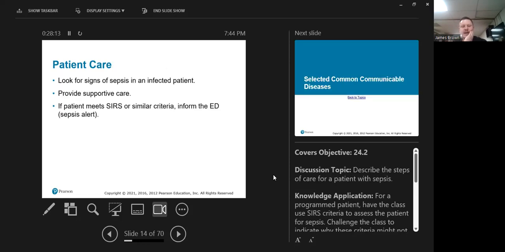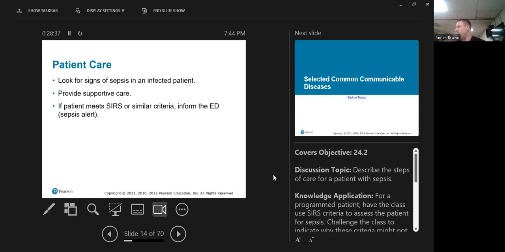Patient care: we're looking for signs of sepsis in an infected patient. So again, we have a source of infection that we believe this could be, and now we're looking for signs that they're actually becoming septic. We're going to provide supportive care. If the patient meets SIRS or any of the other criteria, inform the ED of a sepsis alert. I don't know if I'd go that far. I would say